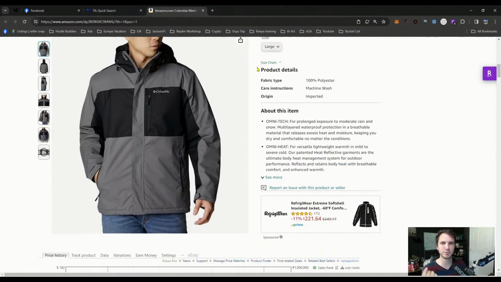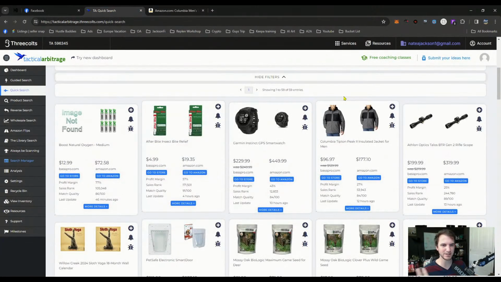I mean, the coat's maybe not a great example because you probably don't want to buy like 100 of these coats. But maybe this rifle stock, for example, you could sell 50 of these probably as opposed to one or two on Facebook Marketplace. So would you rather sell 50 of them at like 20% or 30% ROI or one of them at 100% ROI? Well, you're probably going to make more money doing the first way. But all right, let's check out